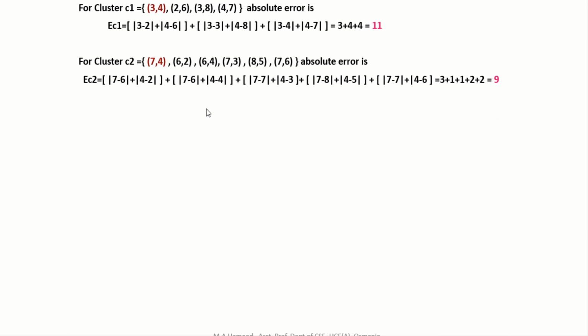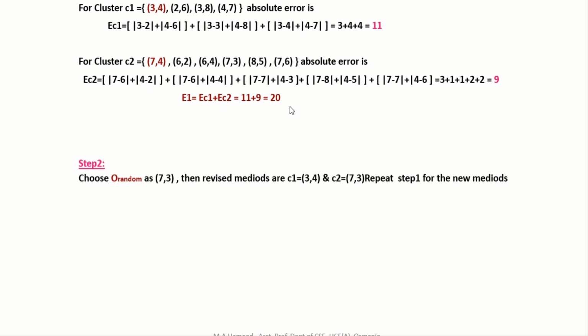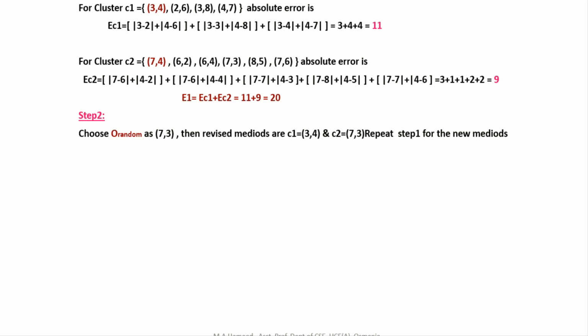Similarly, the absolute error for cluster C2 has been calculated. First we have chosen the 7, 4 as our medoid, and we have calculated the absolute error and obtained it as equal to 9. Now the absolute error is given as absolute error of C1 plus absolute error of C2, which is equal to 20. And now step 2 is we need to choose O random as 7, 3,